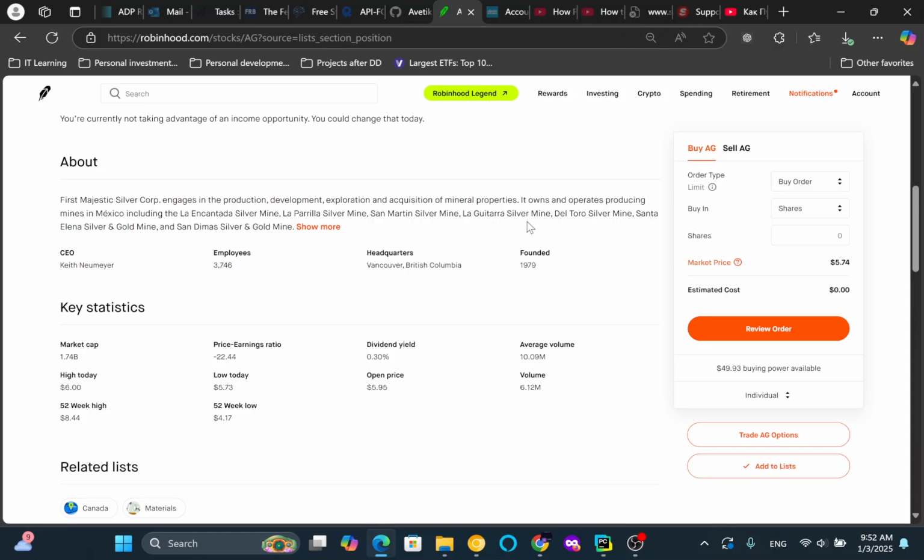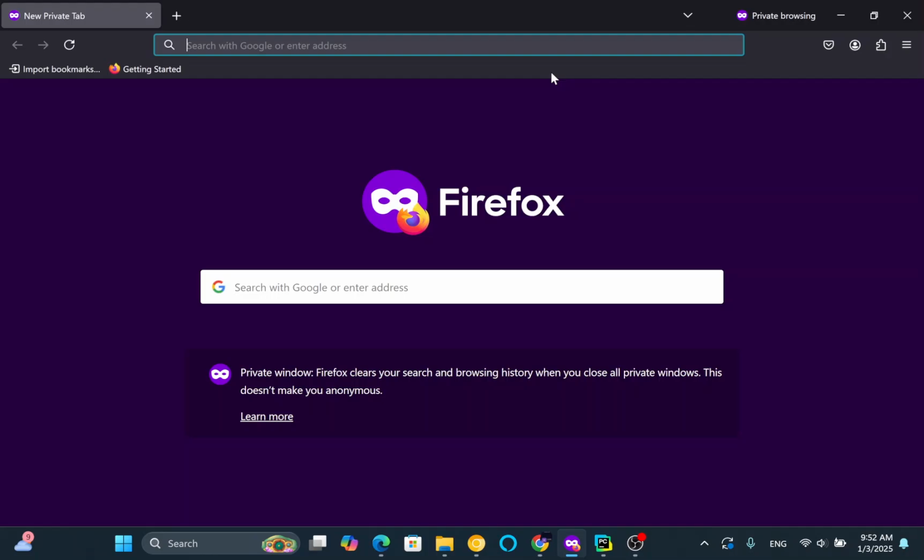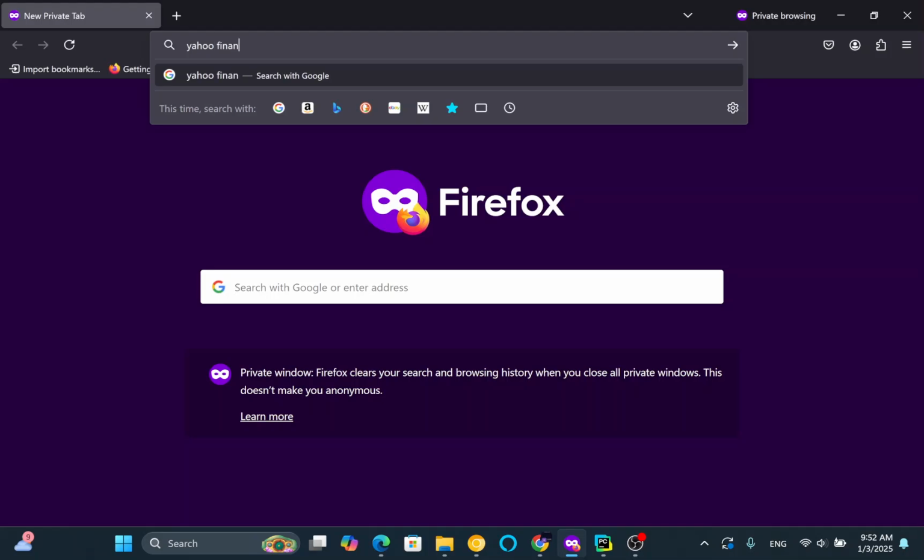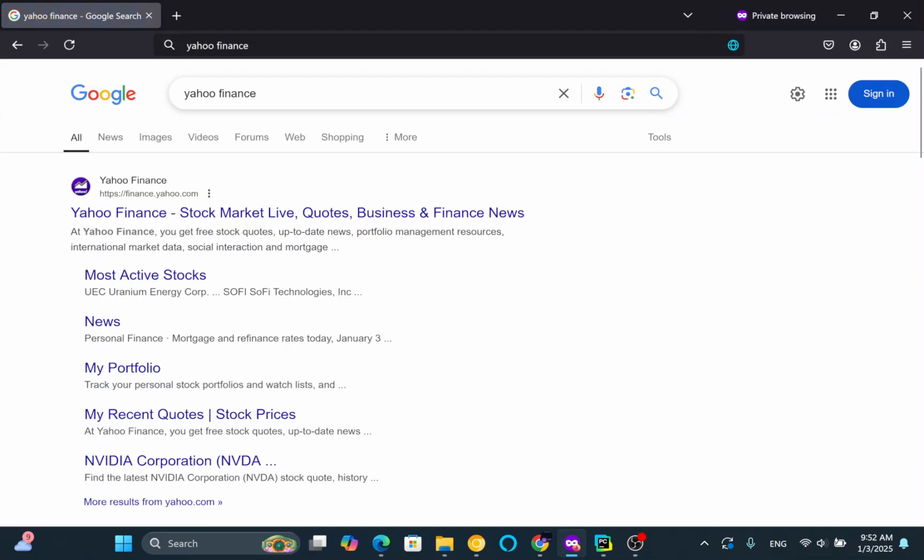Now there is a big variety of sources for such information. One of the most important ones is Yahoo Finance. It's a great source of information for not that long historical data, for the most recent data. If you need to dive deeper into historical data, there are other sources as well, like Financial Modeling Prep,